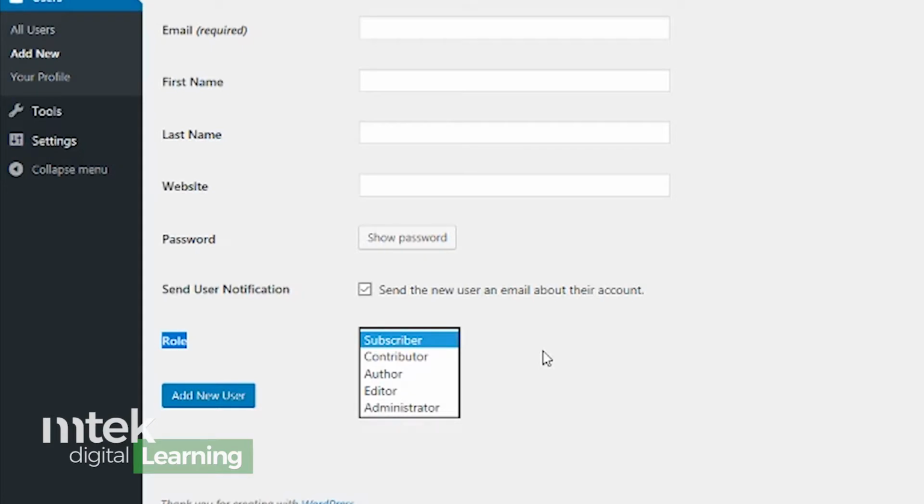So they'll be able to adjust the appearance of the site. They'll be able to moderate and manage other users and user accounts. They'll be able to change things like the settings and the tools. It's all-encompassing power over this website. So you want to make sure that the people who have that kind of access are vital to your company and they're trustworthy to manage the website.